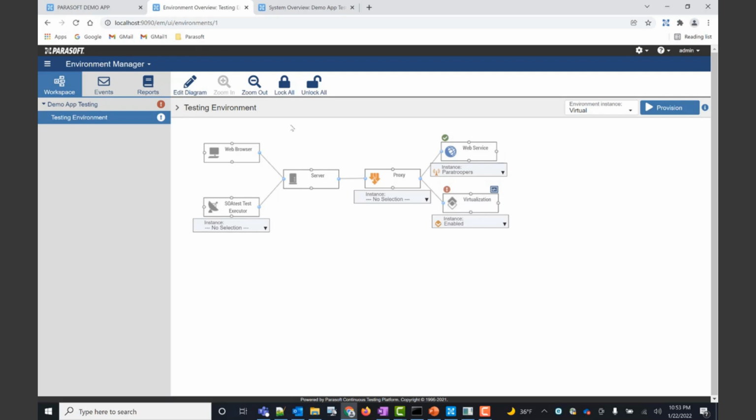Now, when we're creating this actual online document, it's not really necessary to get this complex. This was just to demonstrate. So really all you need is the server that is your demo application, a proxy that then has instances that can say either a live or a virtual asset, and then you need your web service in the back end. This is a more complex image, even though it's very simple.